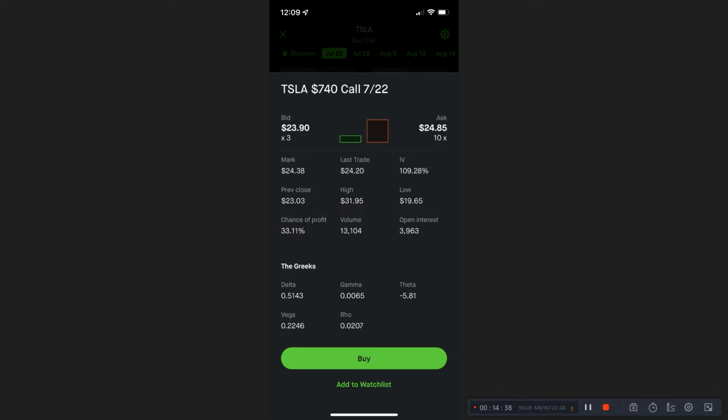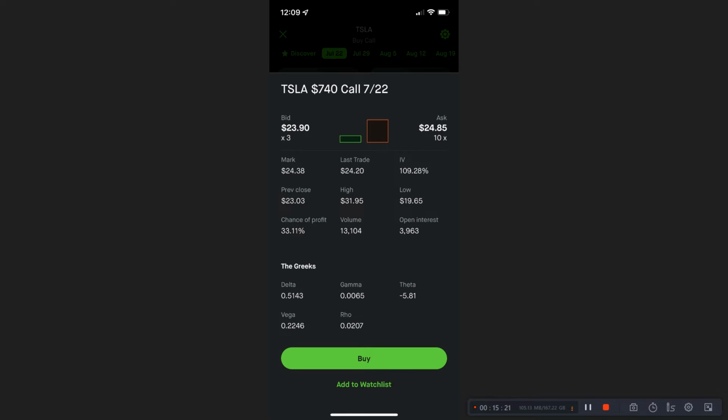First thing we got to know is that volume means how many contracts were being bought and sold today. 13,000 contracts were being bought and sold. The open interest means yesterday 3,000 contracts were bought and sold. So if the volume beats open interest, that means today this stock is going off. And this is actually on Tesla earnings day. So now I can say, hey, there's a lot of volume in this option, and the highest price it was